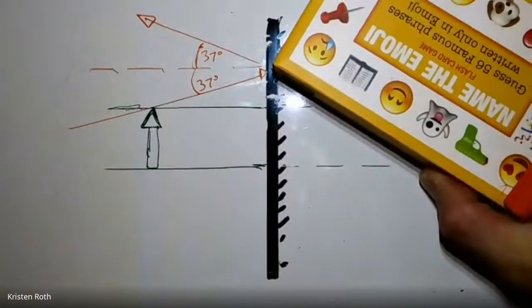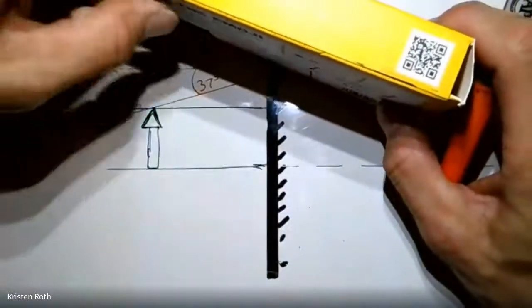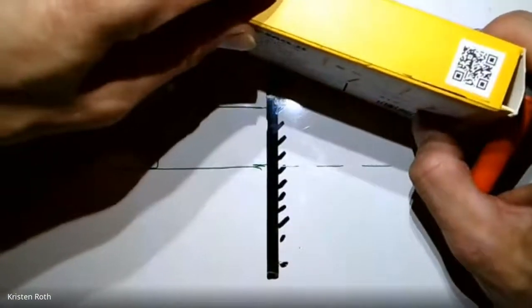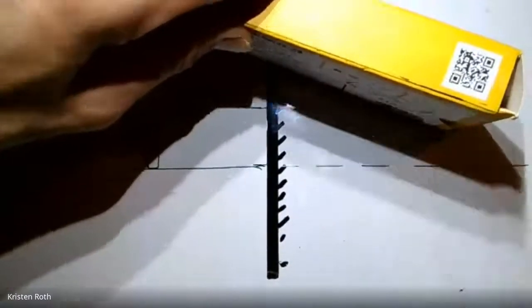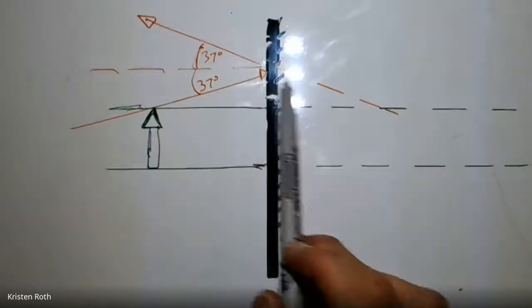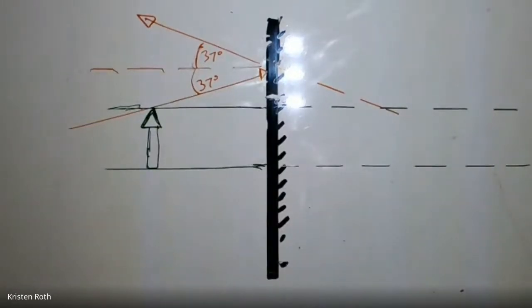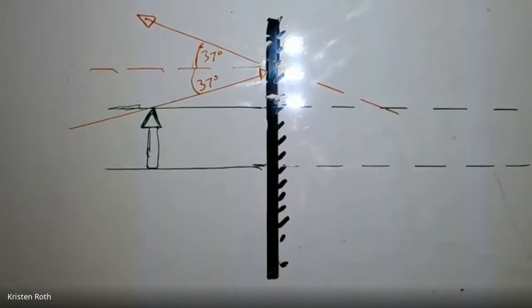I'm going to cheat a little here. Hang on. So we're going to go here. So we'll kind of have the same, and we're going to extend it back. Okay? So we've extended the reflected ray back, and we always do that. And then it hits over here. Okay, so